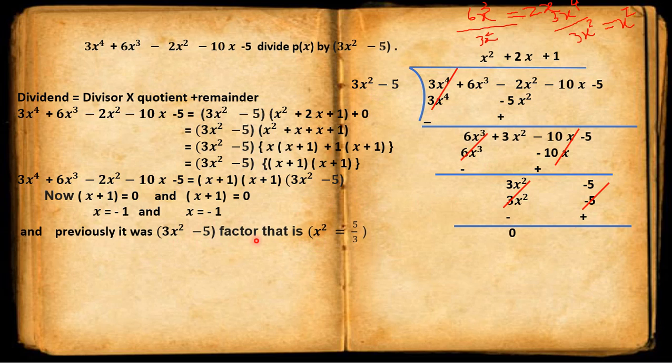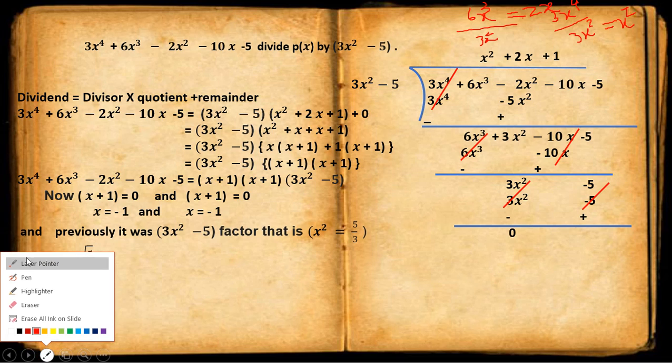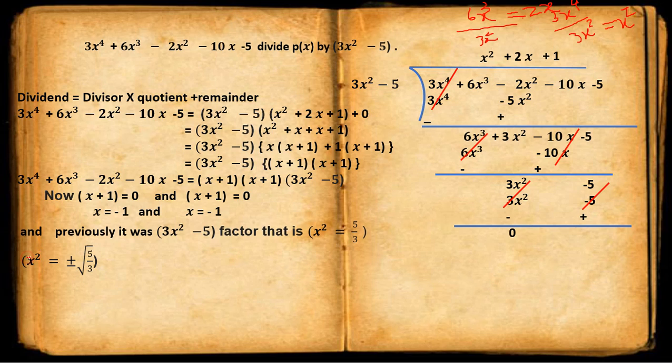So by this we can find out x square is equal to 5 upon 3, or x is equal to plus minus under root 5 by 3, as we are finding the square root of this term. So we have to place the plus minus sign here. That means here it is only x, not x square. So here we get x is equal to plus minus under root 5 upon 3. That means one is positive and one is negative.